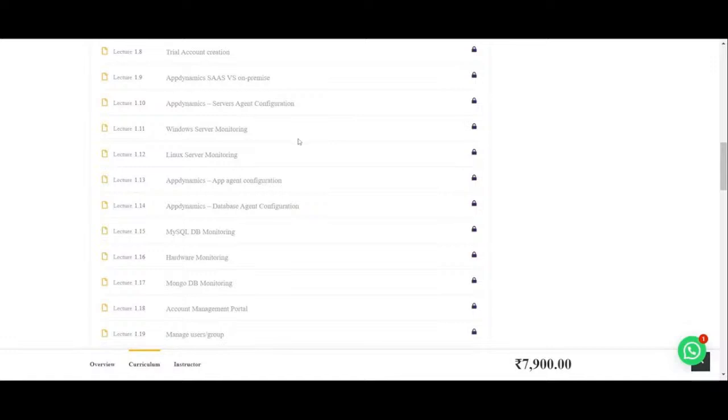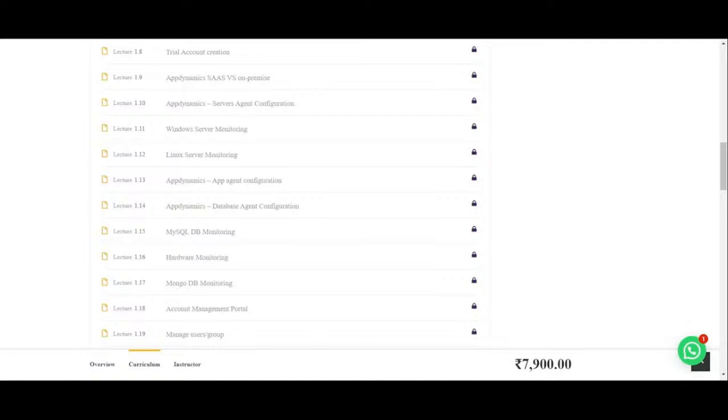So this is a kind of exercise where we are doing a configuration. At the same time, we will show what are all the important metrics AppDynamics is able to monitor. When it comes to the application or database or your infrastructure, what are all the things which can be monitored? Till this part we have predominantly covered most of the